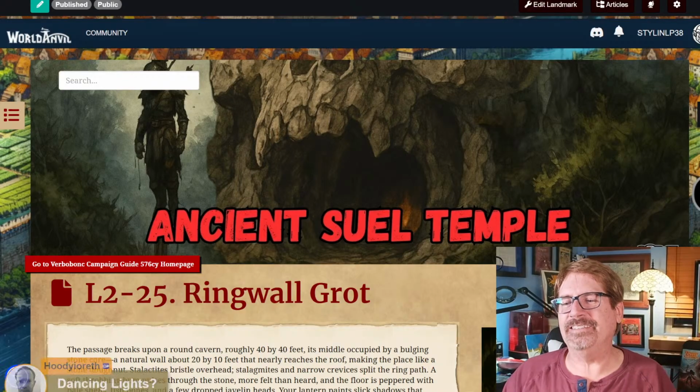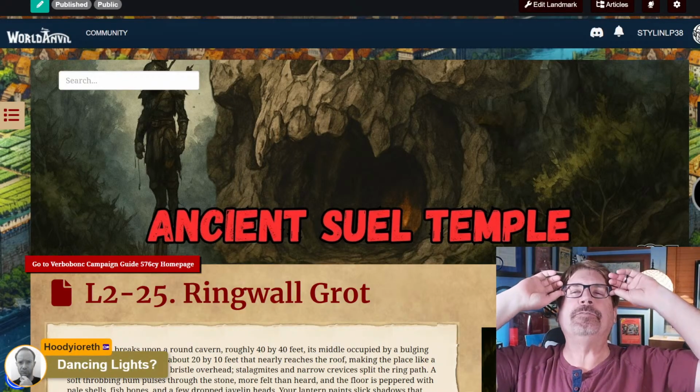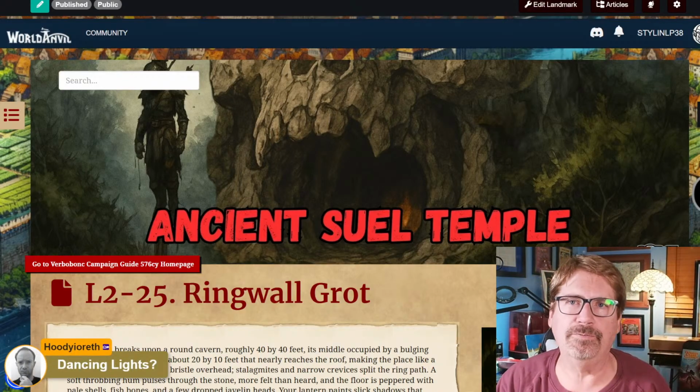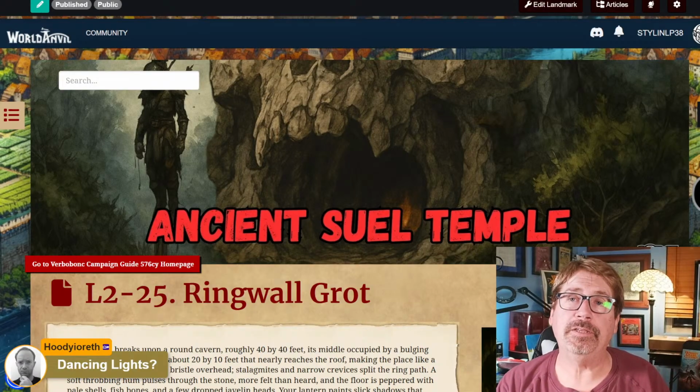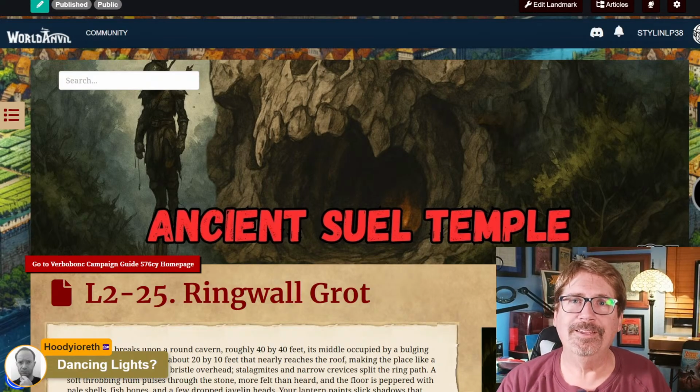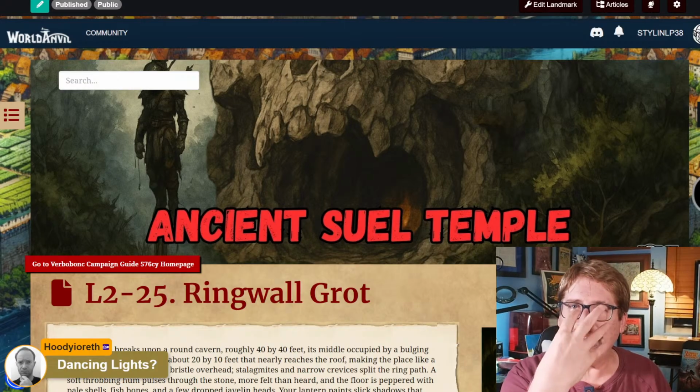Oh yeah, Dancing Lights. Dancing Lights is an extremely powerful spell. If you do it in the four pattern, the four version that float around, it has high movement speed and focus of concentration. All you got to do is focus, like make those four globes just hover right in front of their face